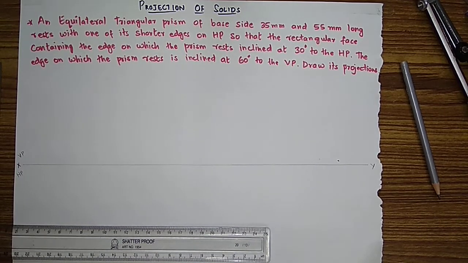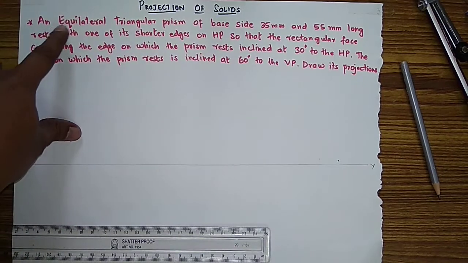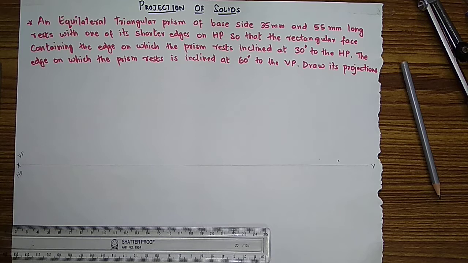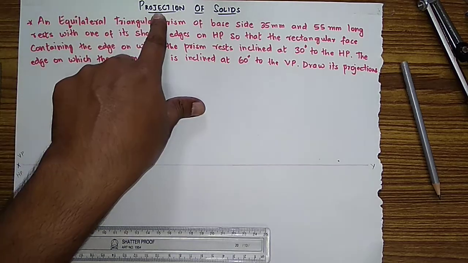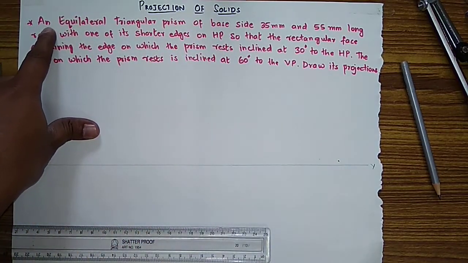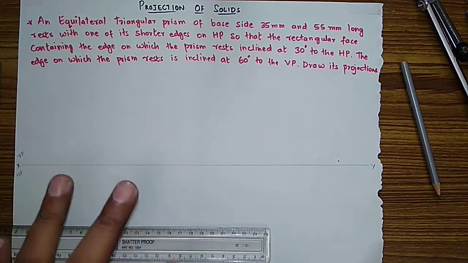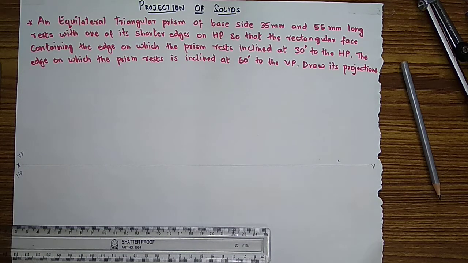So today I am going to explain you projection of solids. Next problem on equilateral triangular prism. So carefully watch my videos till the last and do practice with the help of your mini drafter or any set square. In this projection of solids, I am explaining you a question, that is how it should be done. In the simple way I am showing you, you will easily understand my concept. It is for 15 marks or it may be of 10 marks.